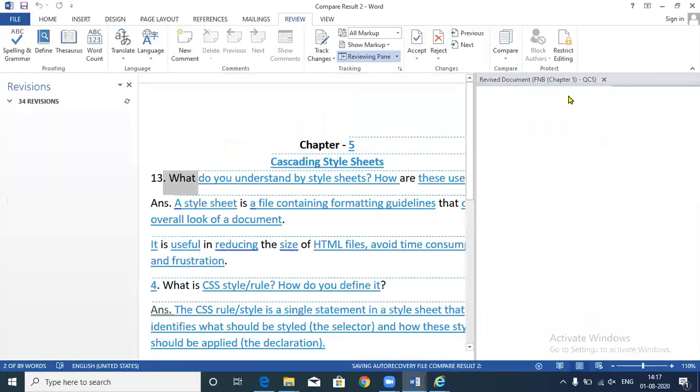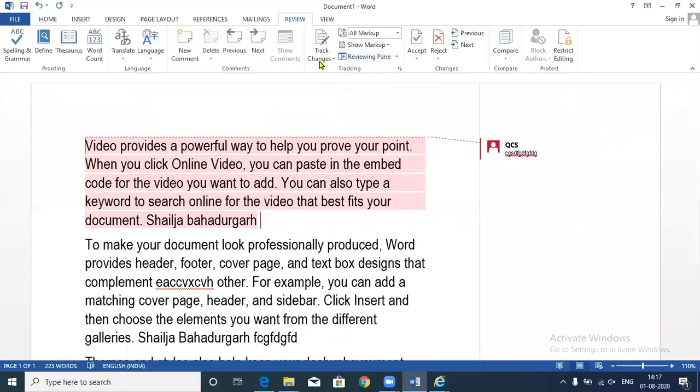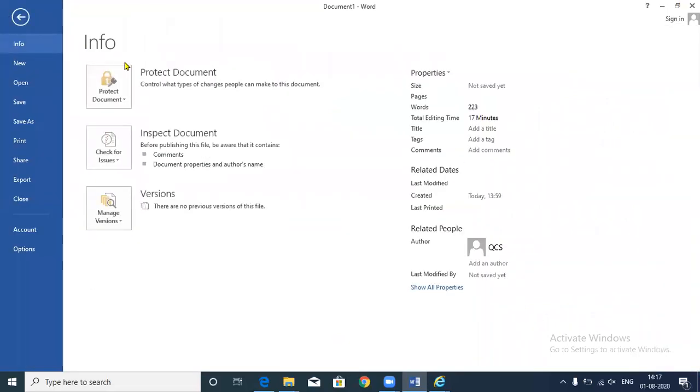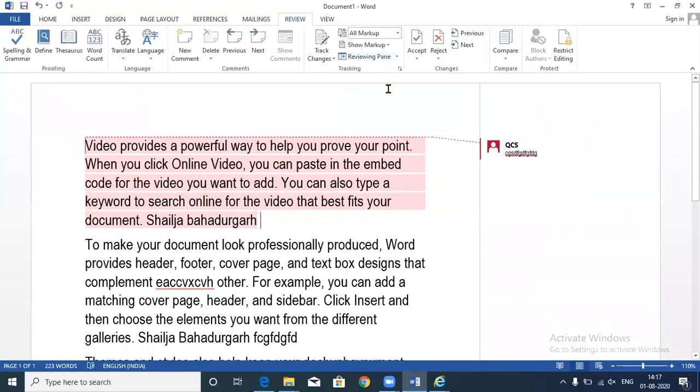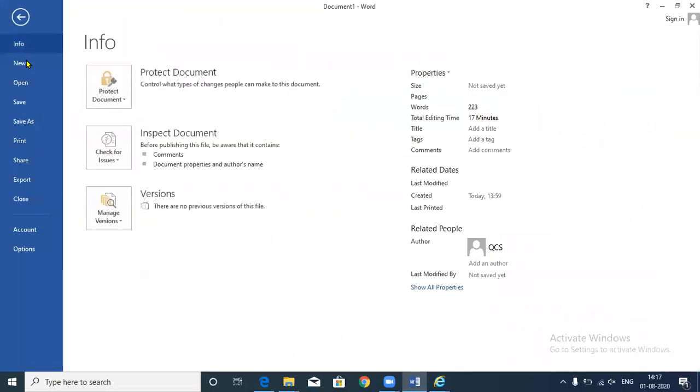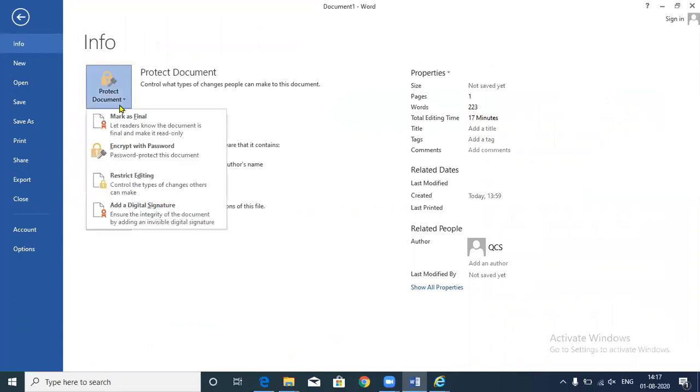Okay, then we have one more option available with us. That is, what if you want to protect your document. Okay, in MS Word 2013, this option is available. You go to the File option and here you can click on Protect Document.